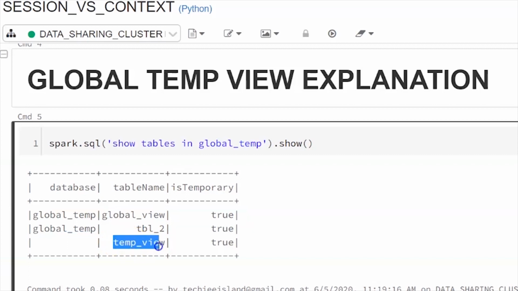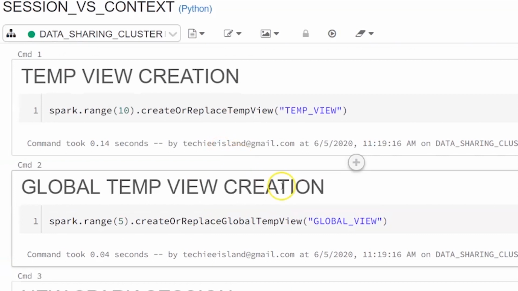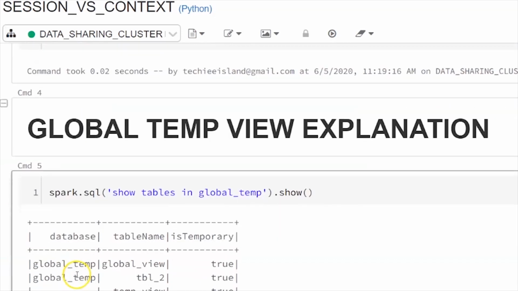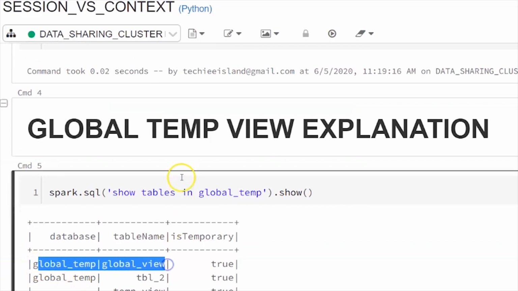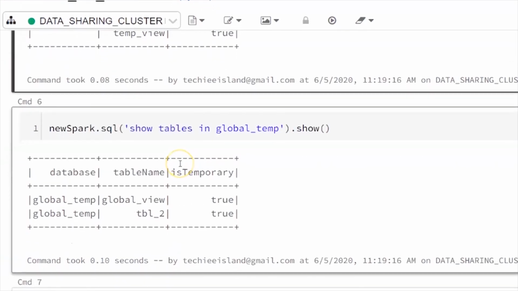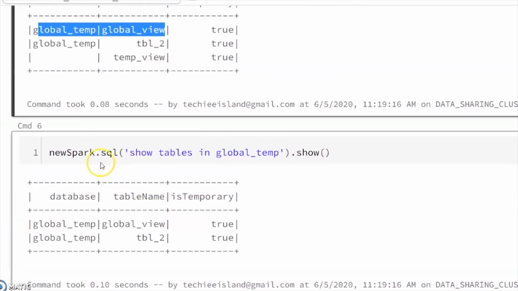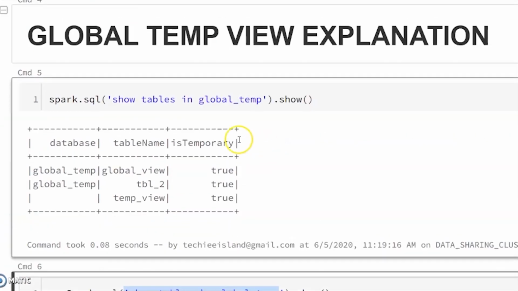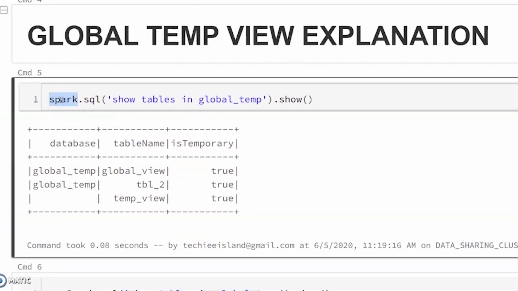This temporary view is present under the default database. It is not under global temp. As we already discussed, whatever view we create as a global temporary view, you can see under this schema. Now I'm trying to read the data in the new Spark session also, to check what is there under global temp. First, I try with the first Spark session in which I created the global temp view